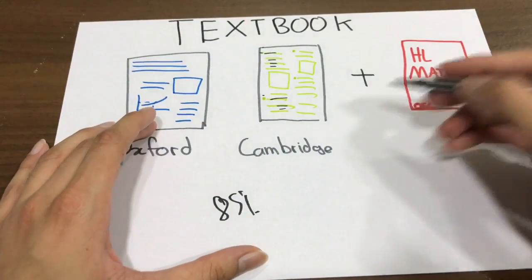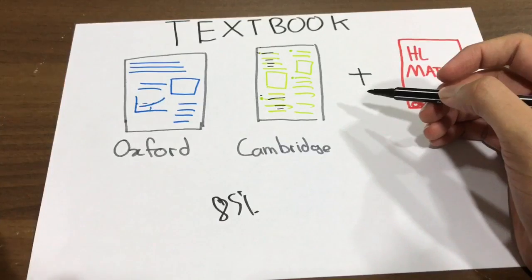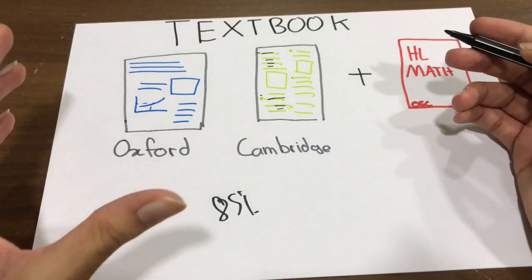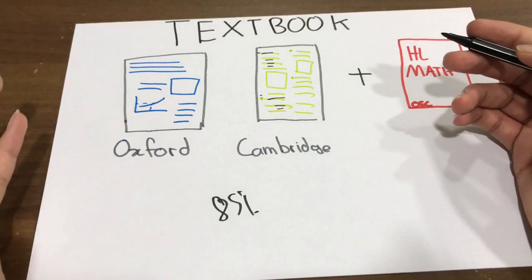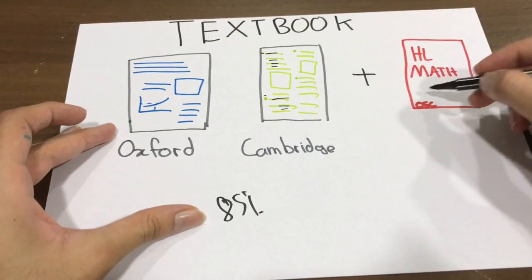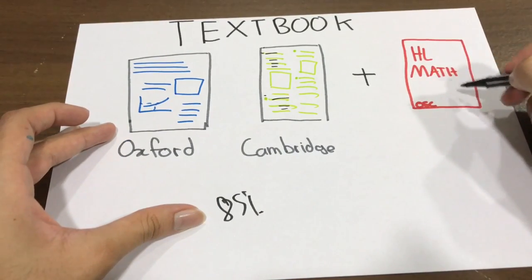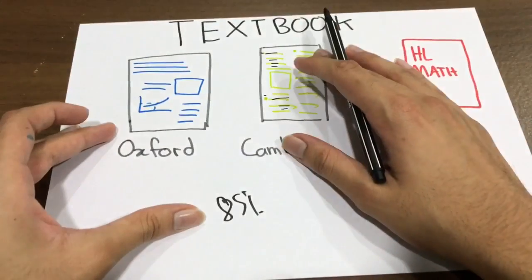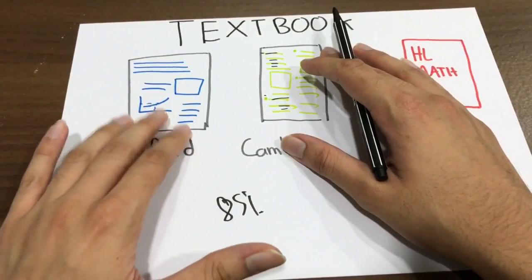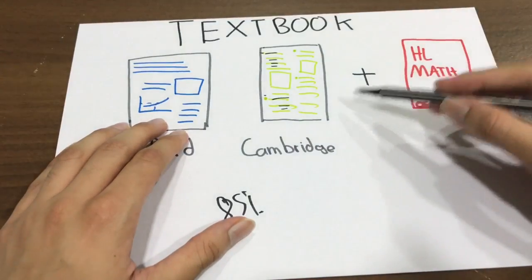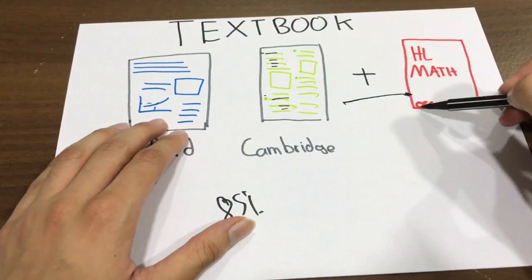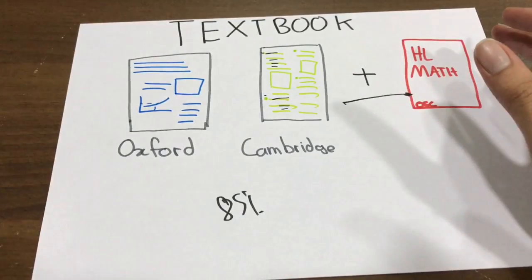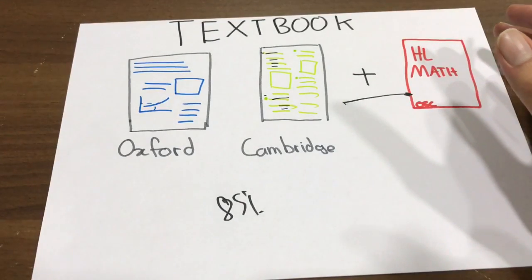Now, what about this? So here's the thing, because econ math has only been introduced for about 3 or 4 years now, there aren't a lot of past papers with which you can practice these questions. So there's a workbook by OSC, I think it was by a guy named George Graves, and they had an HL math workbook. So once you learn your math from the Cambridge book, this is by Ellie Tregake's, after you learn the math, you go towards this workbook and you practice the problems. And if you're self-studying, this is very important because you need to make sure that your quantitative skills are up to par,